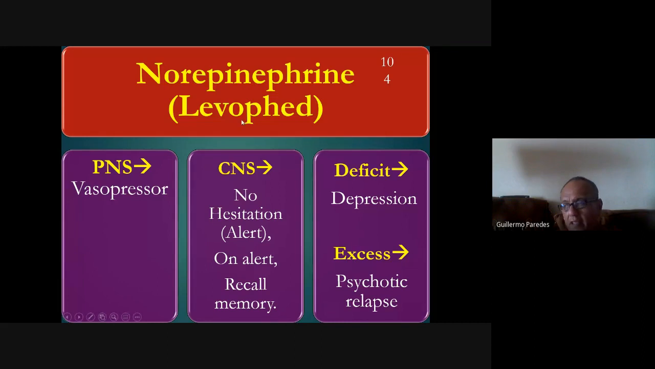Norepinephrine, Levophed, please, is a common name in HESI, okay? Norepinephrine as a catecholamine is a vasopressor, right? It's stimulating the dopamine receptors. So the dopamine receptors are different from the alpha 1, alpha 2, beta 1, beta 2. But what these receptors are doing is producing vasoconstriction in different manner, with different receptors. All right, so that is what it is doing in the central nervous system. Deficit is depression, excess, psychotic relapse, or contributes to the